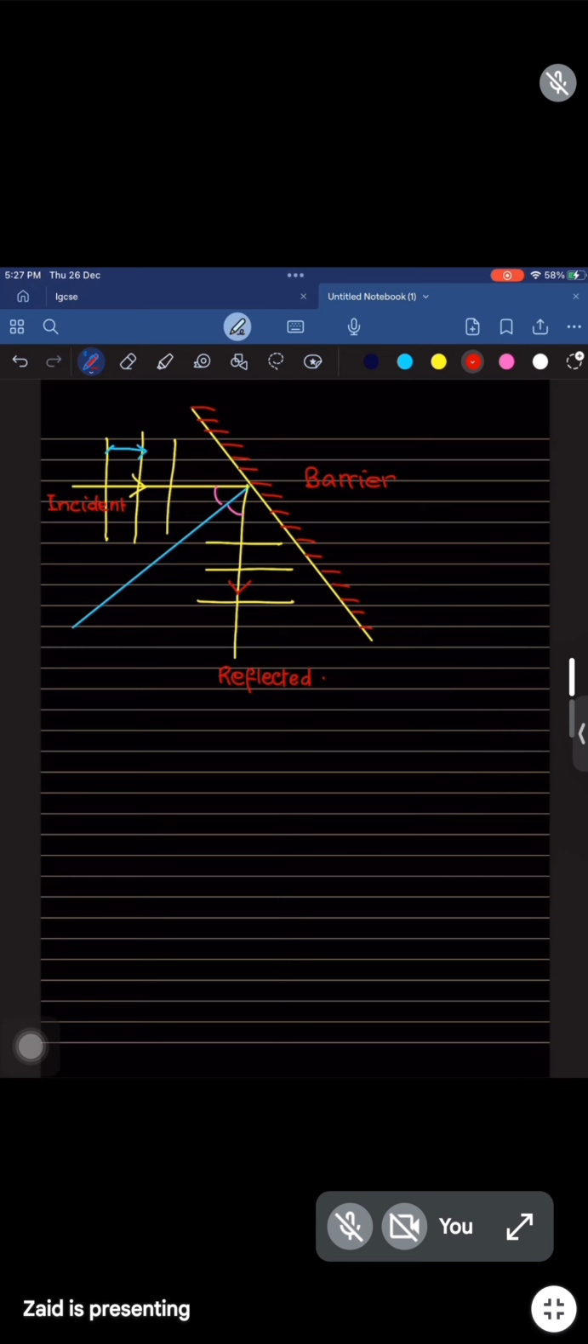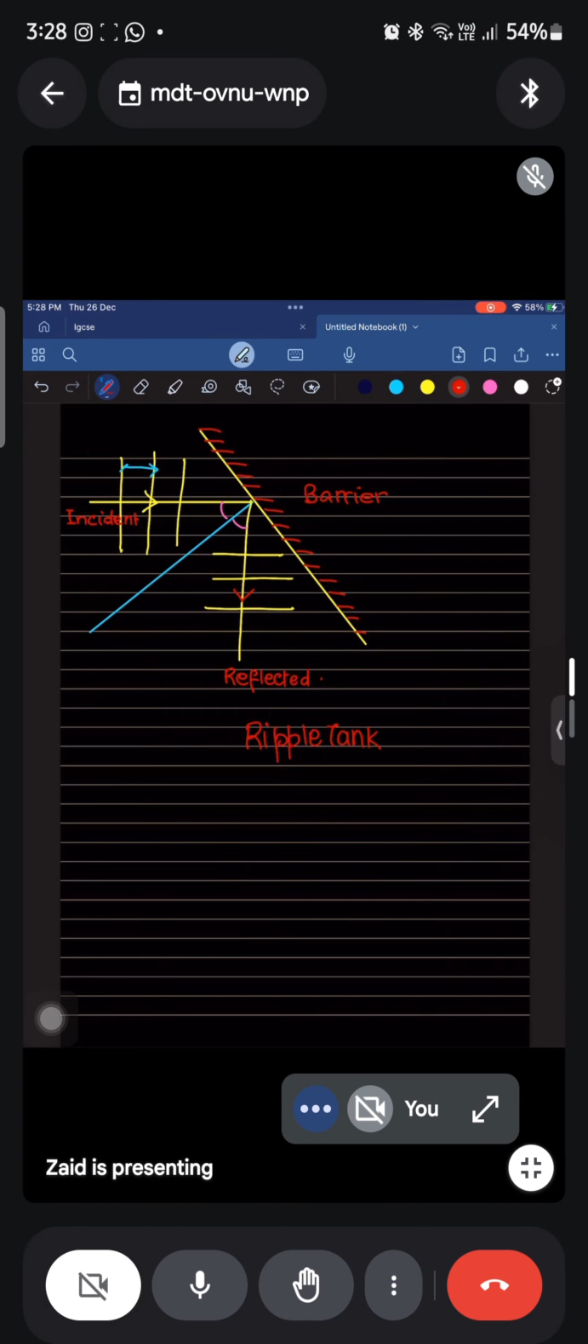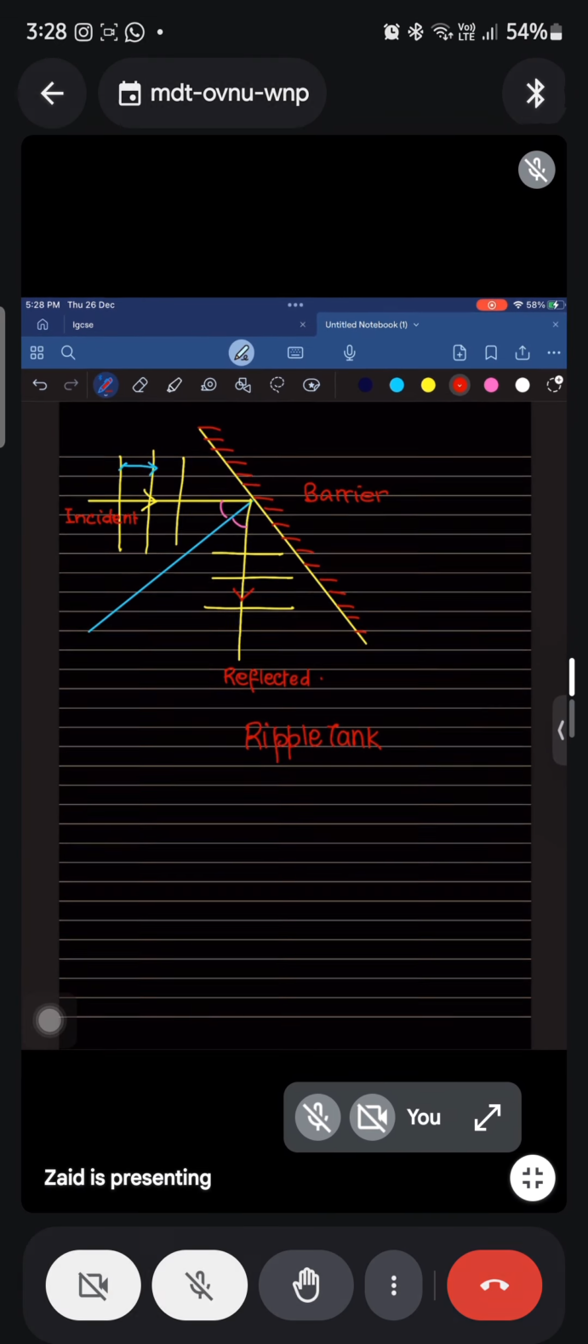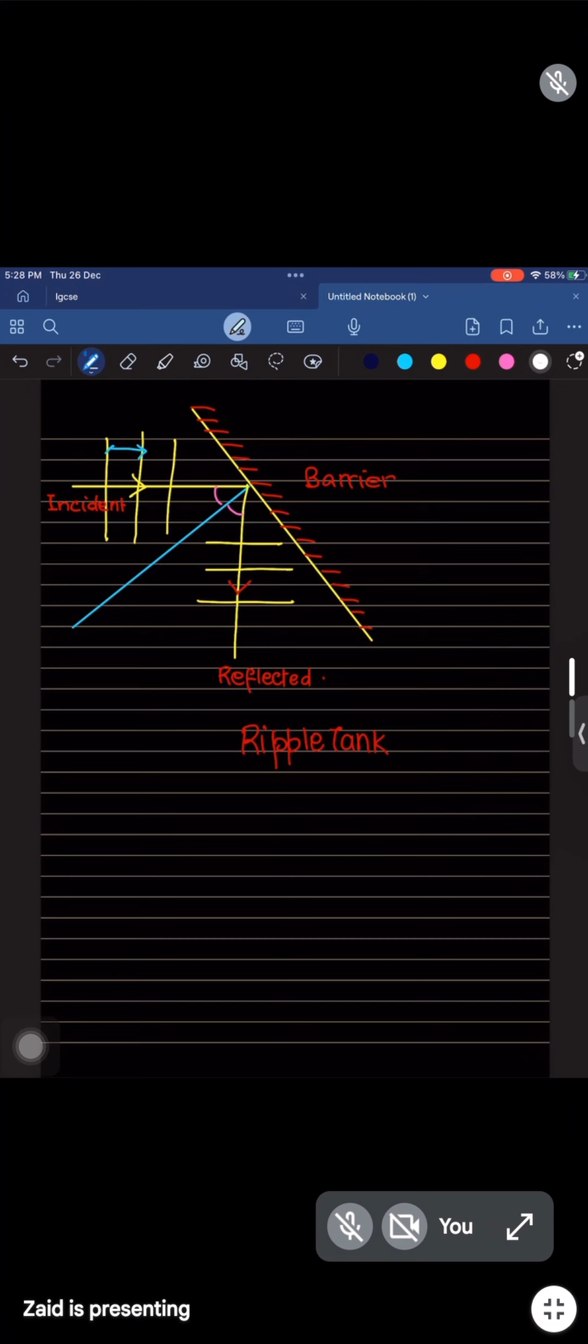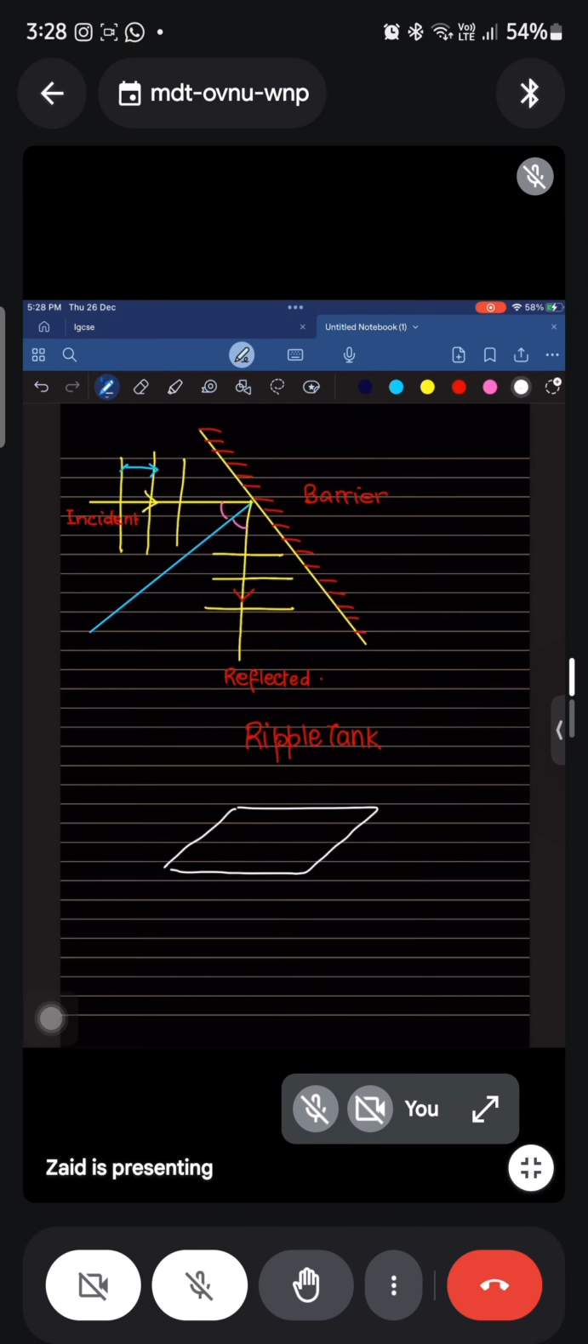So how can we observe this phenomena of reflection in our daily life? For that, we have an instrument which is called the ripple tank. Okay. For O level students, the ripple tank. For O level students, even you can be asked to draw the ripple tank, but it's not to be drawn in the IGCSEs. Ripple tank is something like this,